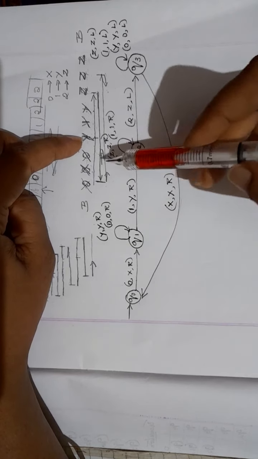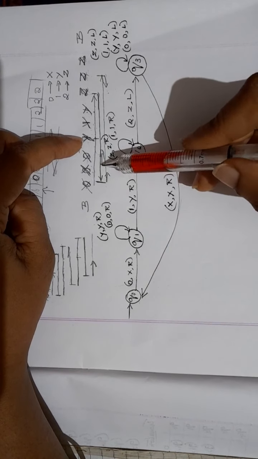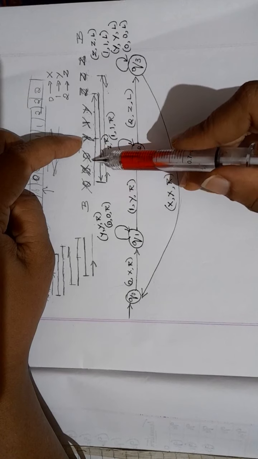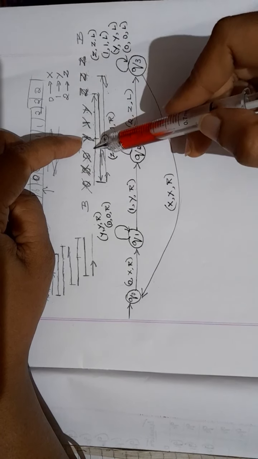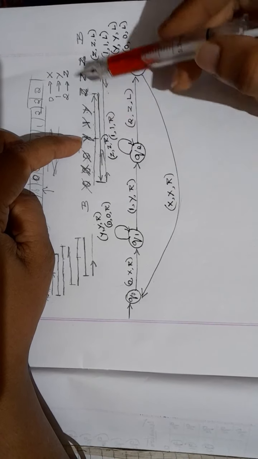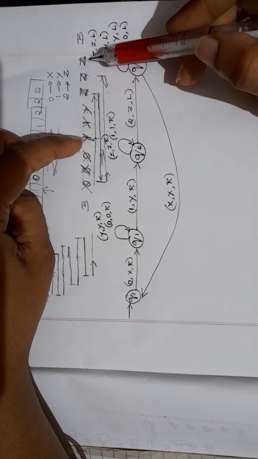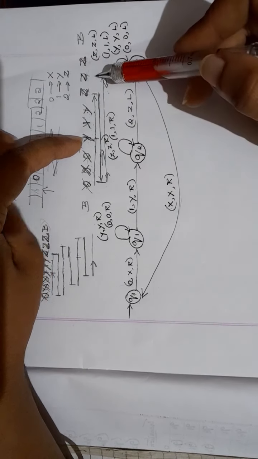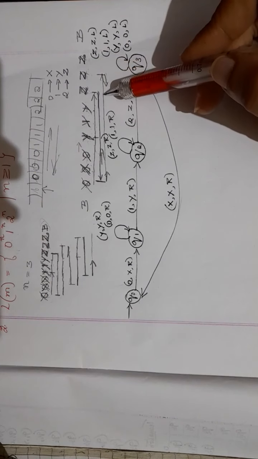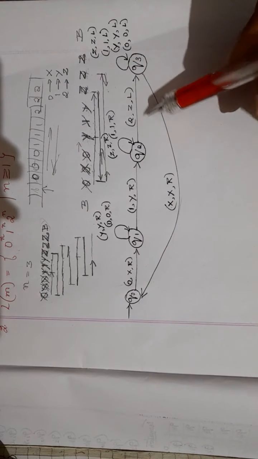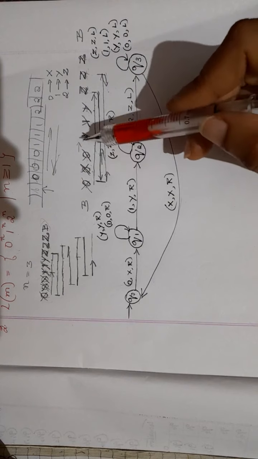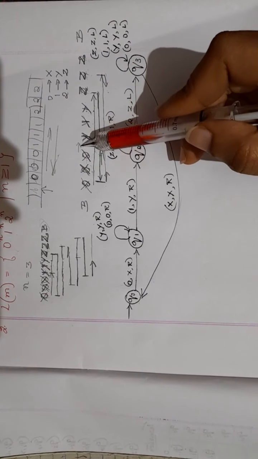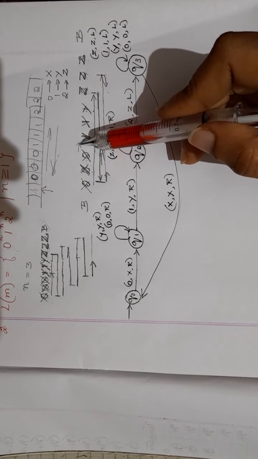So manually, when you see here, you can notice that all the zeros are replaced with x, all the ones are replaced with y, and all the 2's are replaced with z. That means this particular example is accepted with respect to the given language. But while designing a Turing machine, you should make this case also acceptable.